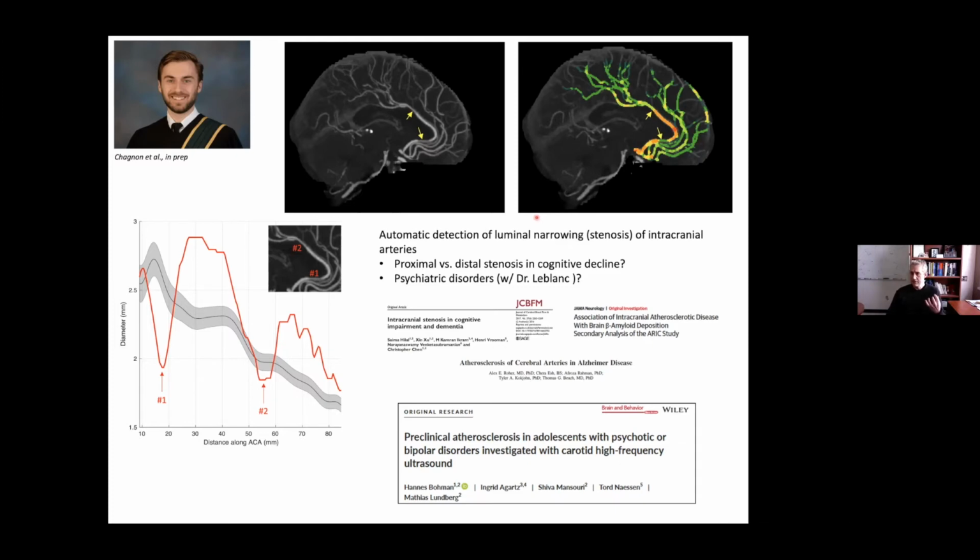And we think stenosis is a big problem because it's going to increase resistance and reduce flow. And so this has been known for a long time in terms of cognitive decline. We know that luminal stenosis is a very, very strong predictor of cognitive decline later in life. But very, very recently, even in the field of psychiatry, we're now starting to rethink whether or not luminal stenosis may have a role in different psychiatric disorders. Again, we're not talking about complete absence of blood flow, but just light hypoxia induced by subclinical luminal narrowing.